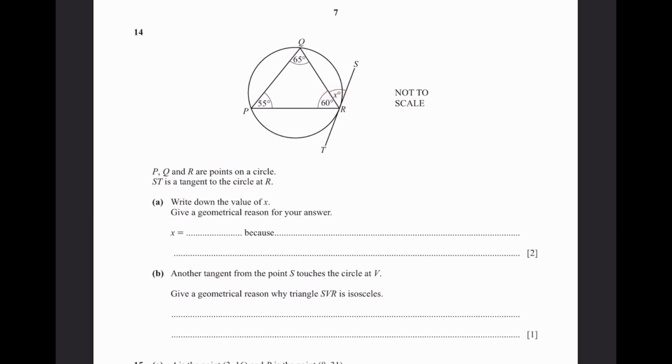Give a geometrical reason for your answer. Well, we can see that because of this chord, the circle is divided into 2 segments, right? And the tangent makes an angle with this chord over here. That's x. And the angle in the alternate segment is 55 degrees, which is the other segment where the angle is. Also, this angle touches the circumference furthest away from x. So that means x is equal to 55 degrees because angle QPR is equal to angle x due to